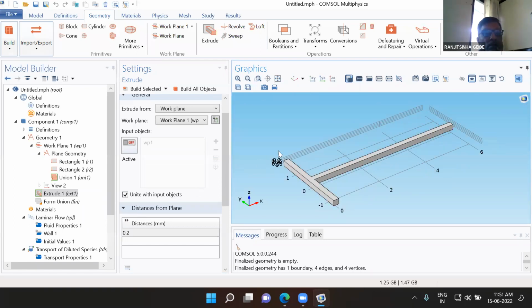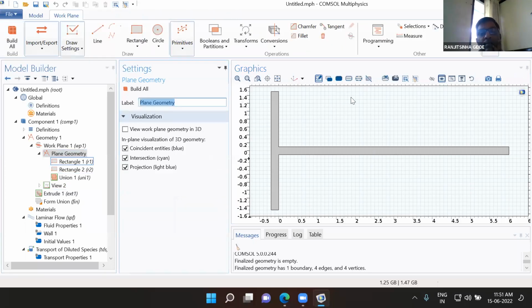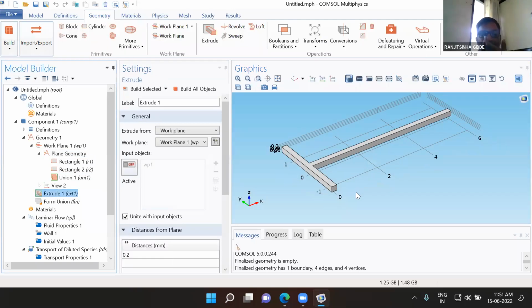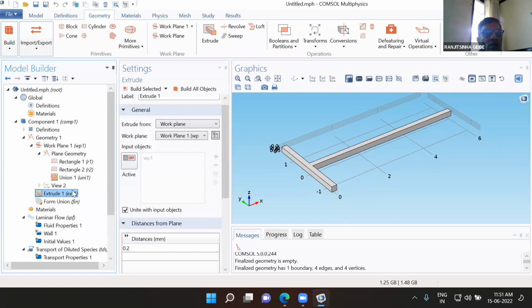Okay, understood? So again, this one is the two-dimensional view. Again, to give height to the channel, we have to extrude it. Here, extrude from work plane number 1. Again, you can select